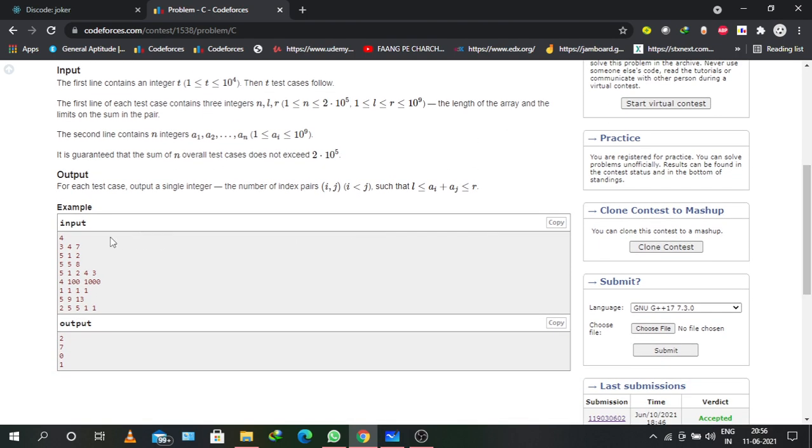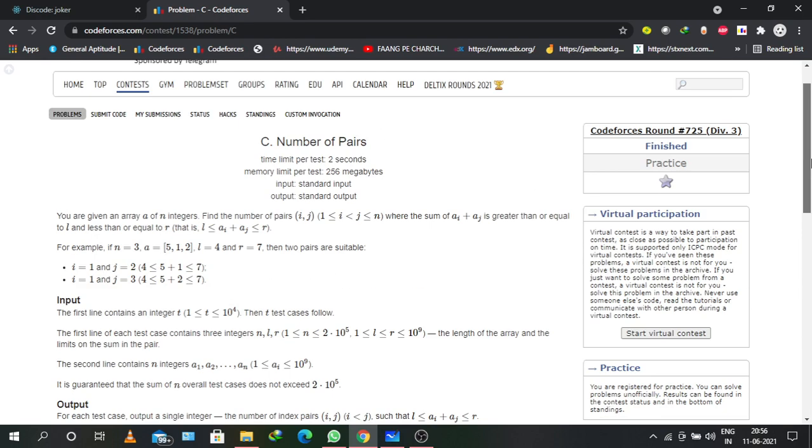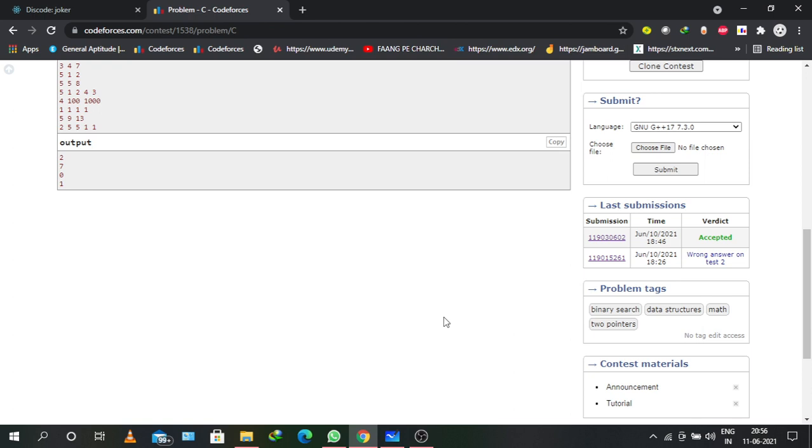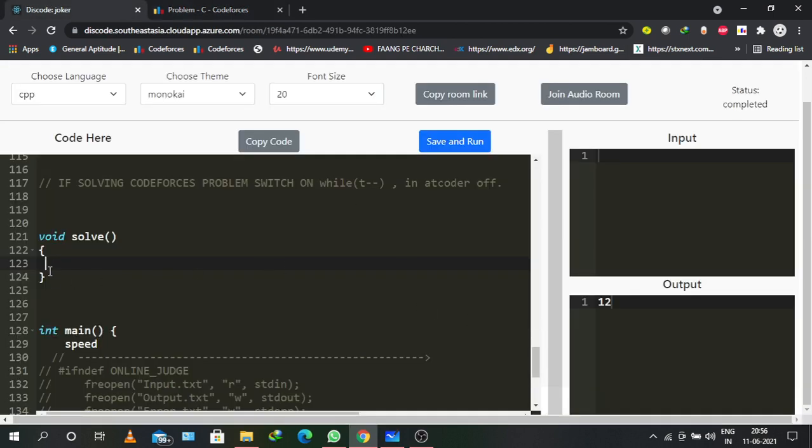So let's see the test cases first. The first is 3 4 7. The value of n is 3, the array is 5 1 2, and the range is 4 to 7. It gives us the answer 2 for this test case, because 5 plus 1 equals 6 and 5 plus 2 equals 7, which are inside the range 4 to 7. Now, moving towards the approach as well as the code of the problem,